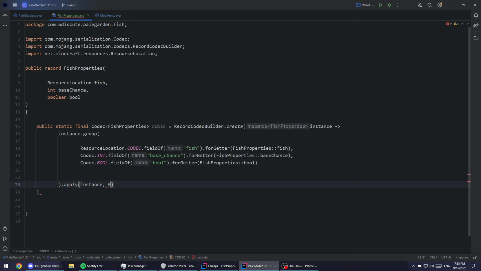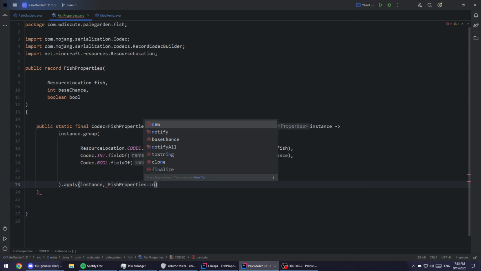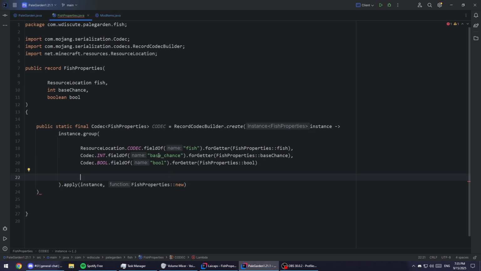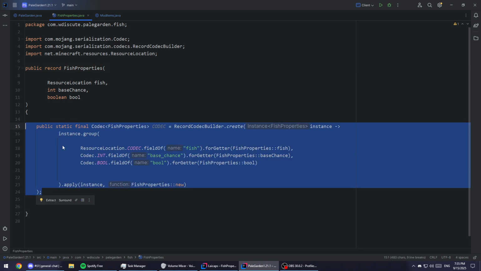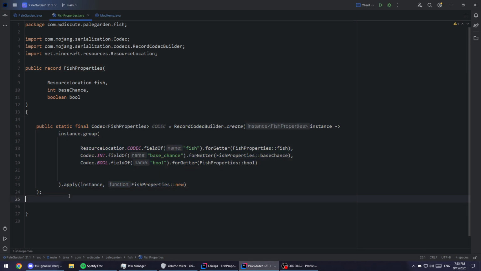And then here you pass a FishProperties::new, which basically, when you run the codec, will make a new instance of FishProperties. You don't need to have this variable here. You can put this variable anywhere. It just makes sense to put it inside the FishProperties. So you can just do FishProperties.CODEC, and this codec is referring to the FishProperties, but obviously you could put this anywhere because it's a public static final. Anyways, so once you have your codec, you can start registering, but